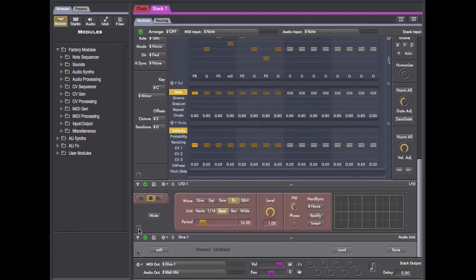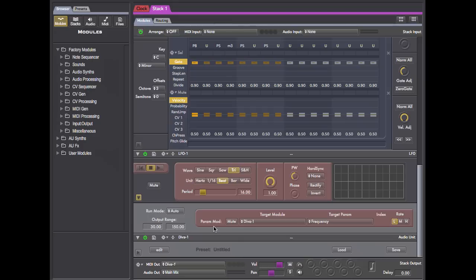If we open up the advanced settings panel, in the param mod section, we see we've got a target of Diva and frequency. Let's play our sequence and see what we've got. So that's a pretty wide range. It actually covers the entire filter range,